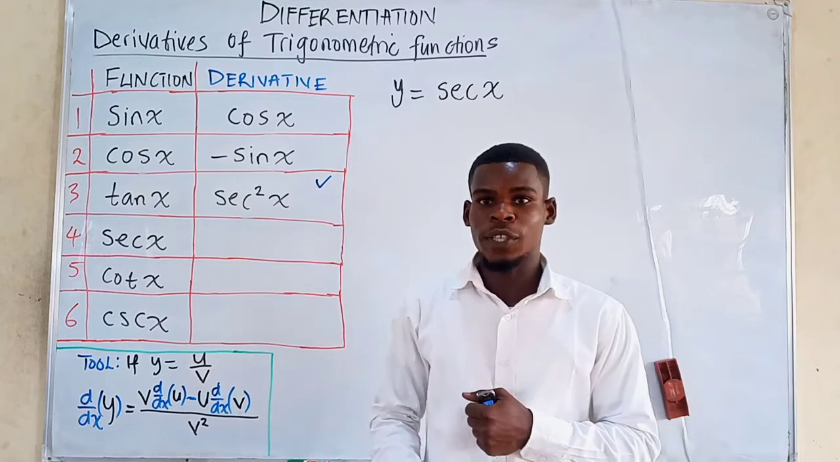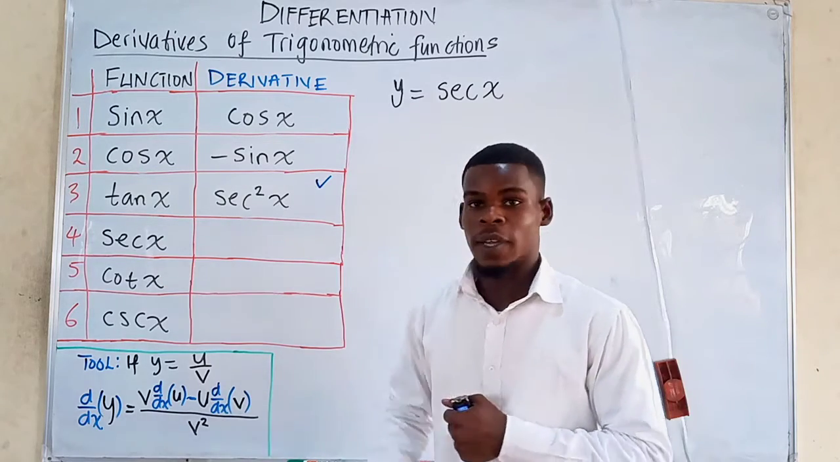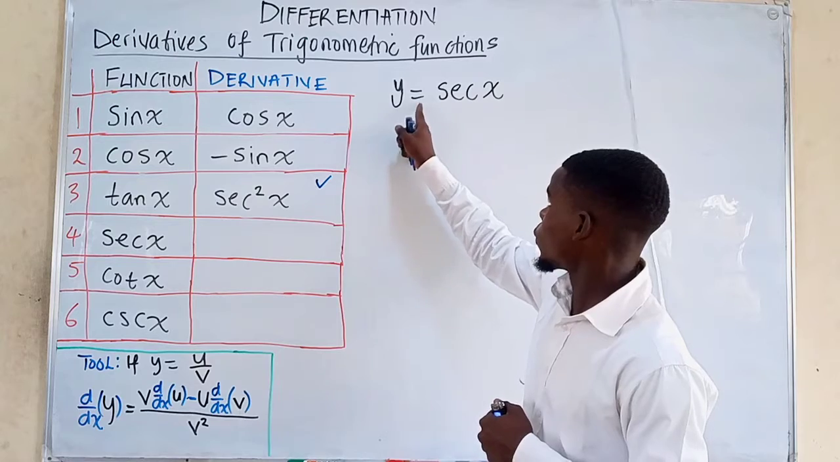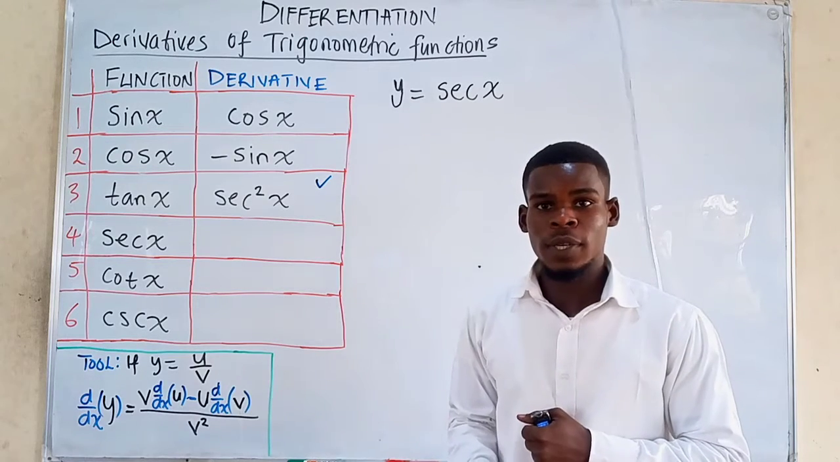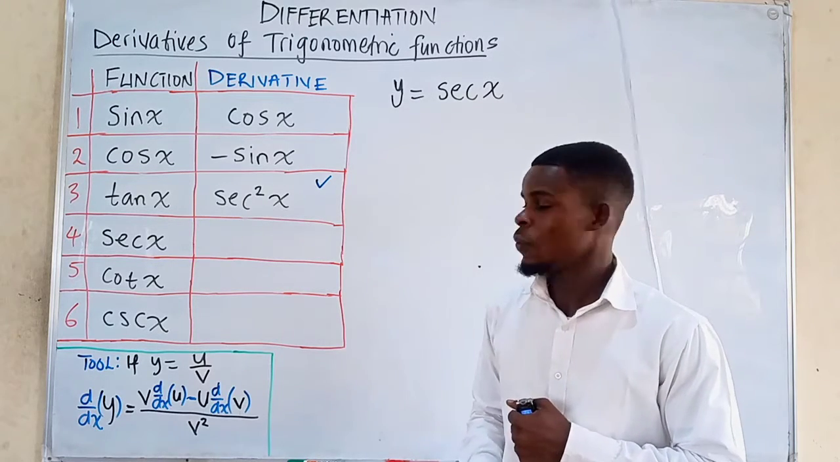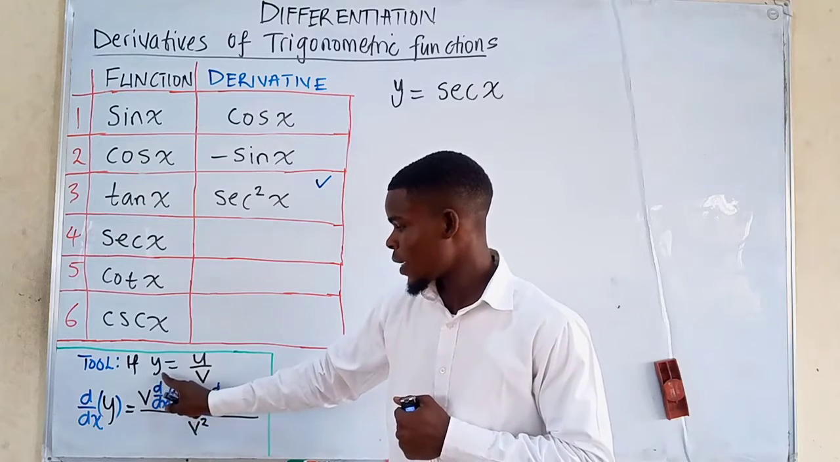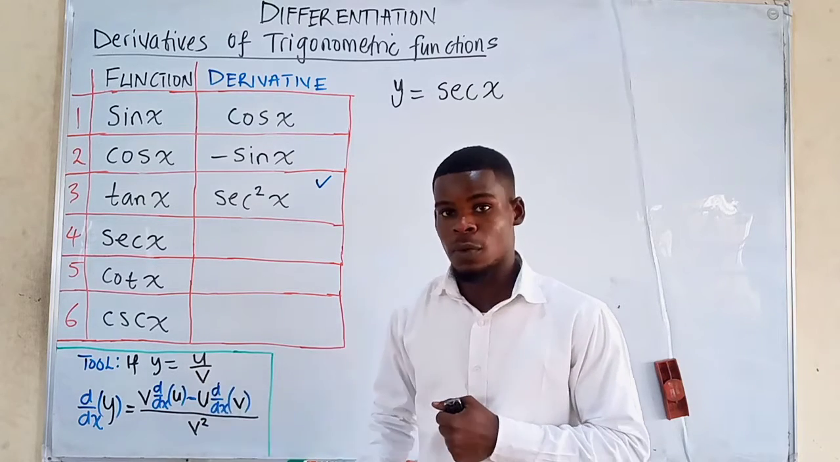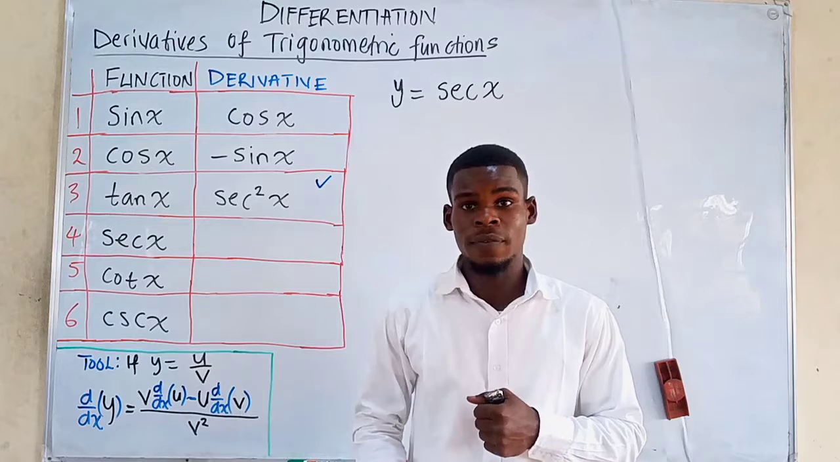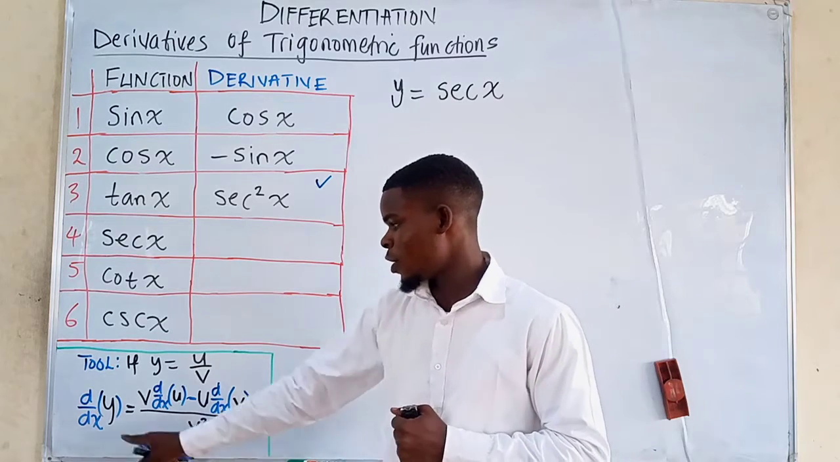And now we want to differentiate secant of x. So I have it here, y equals secant x. I'll be doing this using the quotient rule, which tells us that if y can be written as a fraction, u over v, where u and v are just functions of x, then the derivative of that y